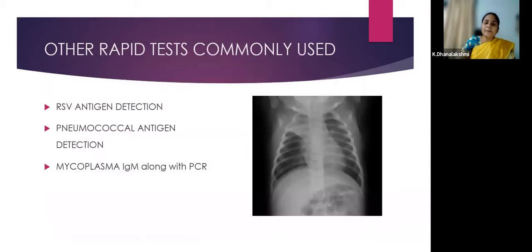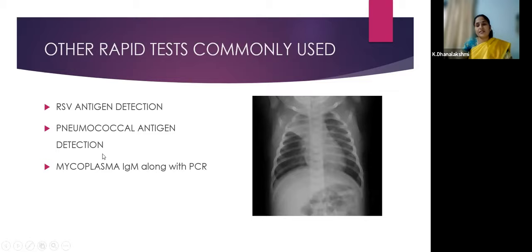Another commonly applied test in the respiratory system: here you have a 2-month-old child admitted with bronchiolitis. Chest X-ray shows right upper lobe homogeneous consolidation with some evidence of atelectasis. Most likely RSV, but still we were in a dilemma whether to start antibiotics or not. If you order an RSV antigen and it comes back positive, we may not start antibiotics. We have to monitor the child in the hospital. So this is a main example. We need not unnecessarily start high-end antibiotics. This is the main advantage of doing RSV antigen detection.